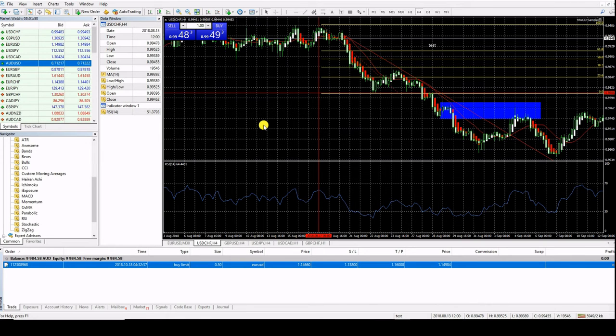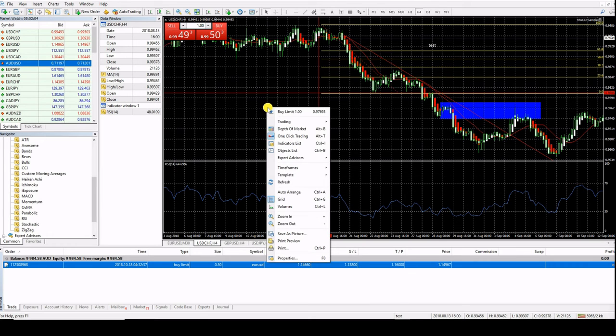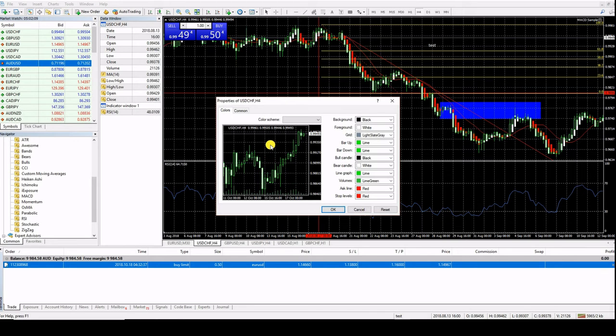Now, last but not least, it's the charts and settings. So basically the price charts can be customized to reflect the trader's style and color preferences. So all you have to do is just right click and click on properties. Now, the moment that you select properties, you can then start to customize the appearance of the chart. Several default color schemes will appear in the color scheme drop-down menu at the top of the colors tab. And as a trader, you can also have the option to specify colors for each variable, including background, foreground,